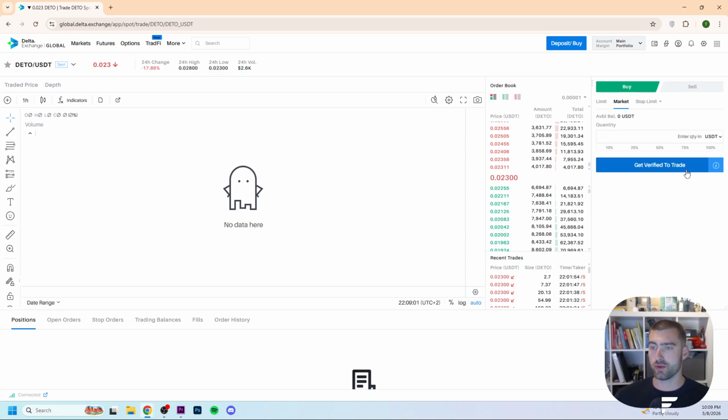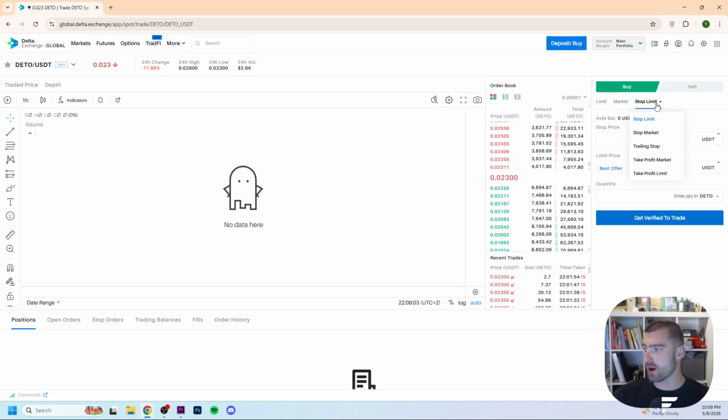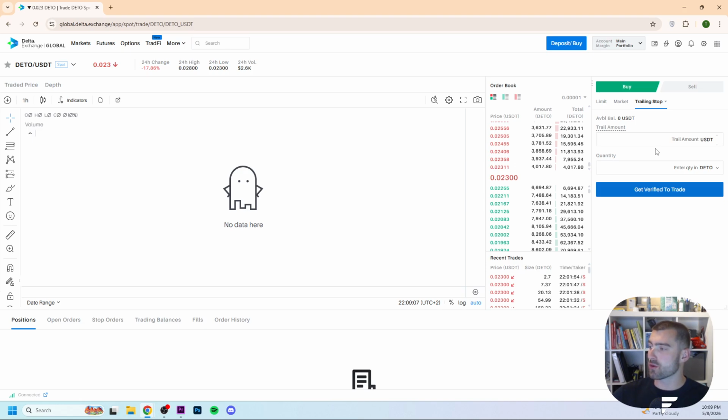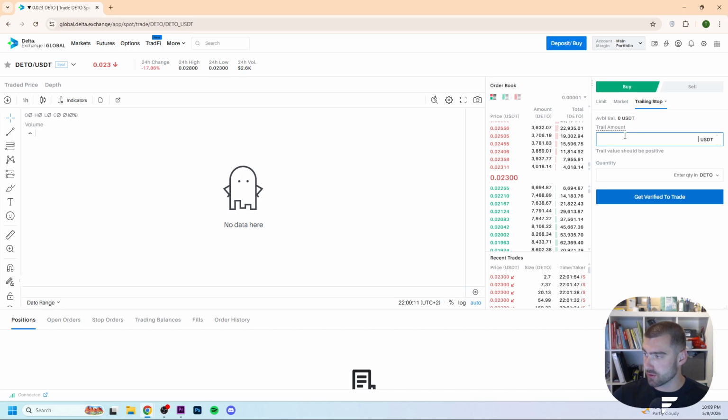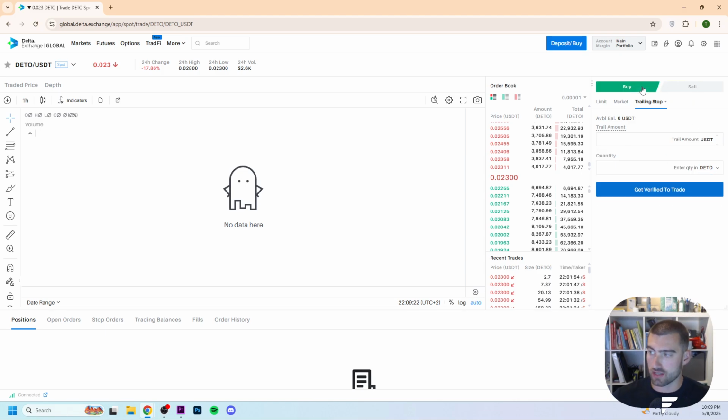Then after that, we go right here to stop limit, where we can select a trailing stop. So right now, if you want to do a trailing stop, we can fill in the trail amount right here and then fill in the quantity. Then after that, click right here on buy, or you can do this right here for sell. So decide for yourself what you want to do. And then after that, click here on the blue button and then you created yourself a position with a trailing